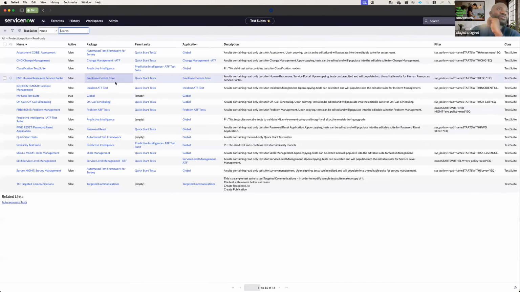And what you can see from quick start test is that within the active column, all the tests are false, and this is because we don't expect you to run them directly. The whole point of quick start test is you can copy them and run them the way you like, how you want. So